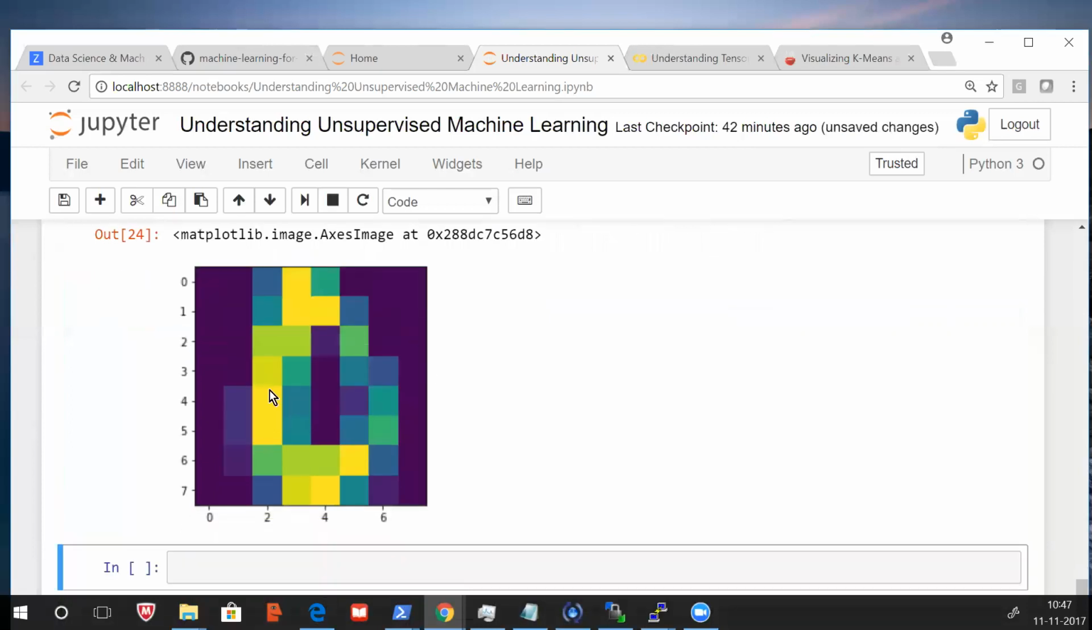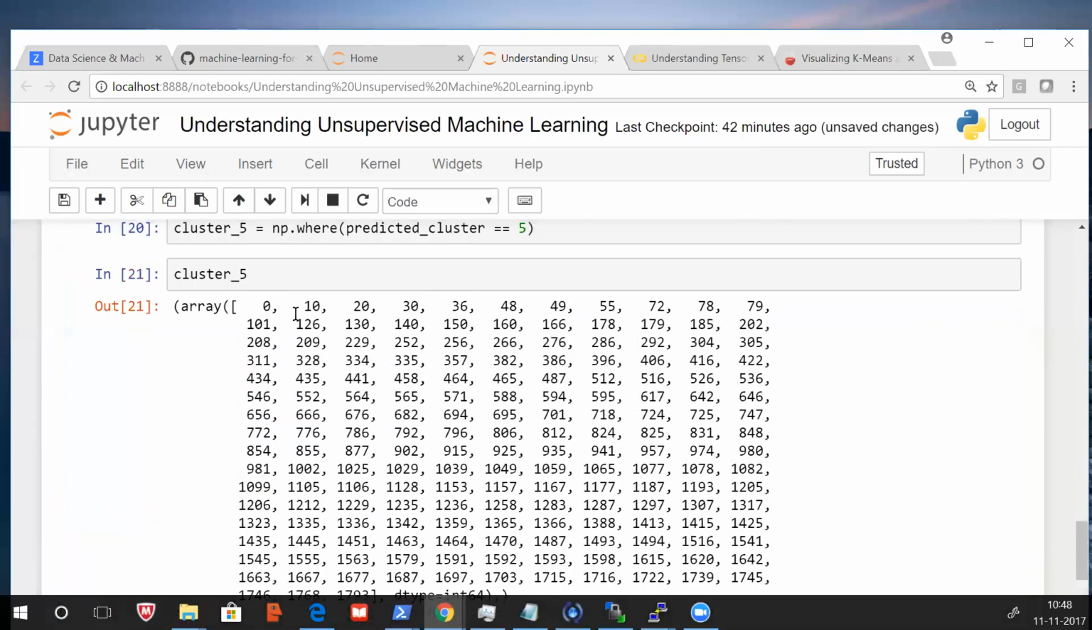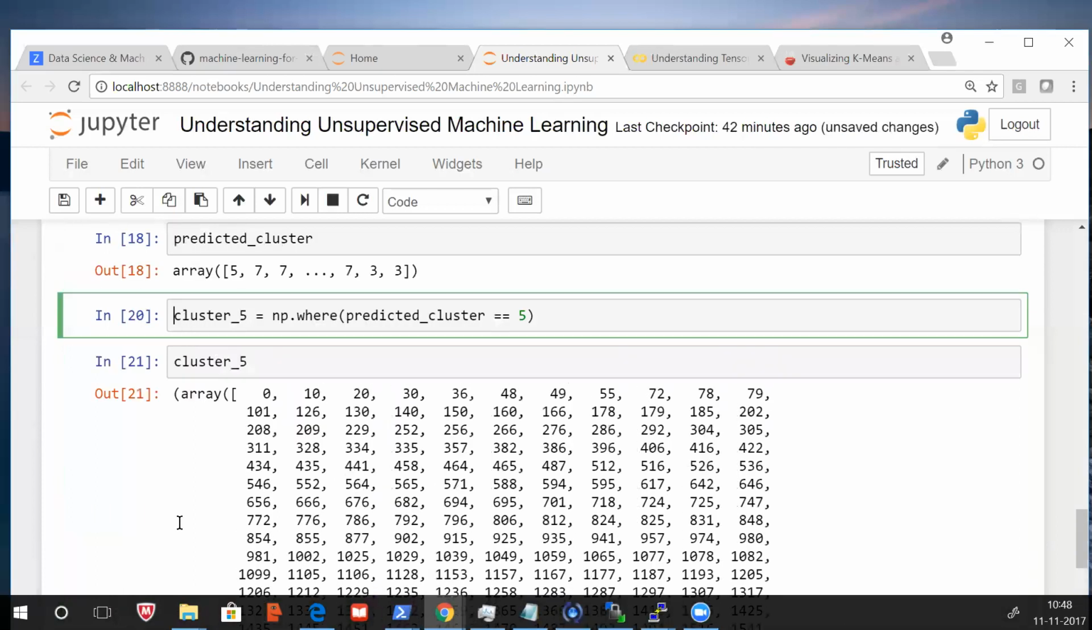See, this is a very ugly 0, isn't it? But it is able to identify it. When you write this, see here, these all are indexes of the data which is getting classified. See, this is the condition that I wrote. So what you're doing here is